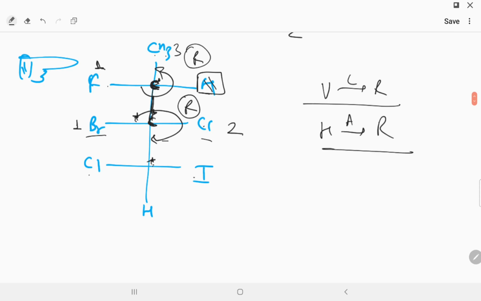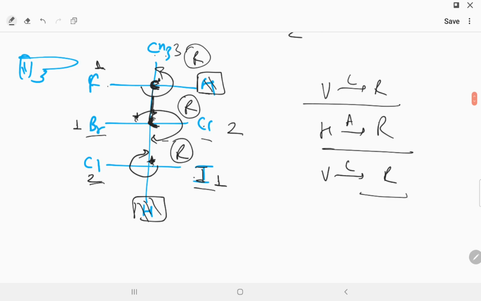Now we have to select the below chiral carbon. This is the least priority, least atomic number, we can also say that, the one with the lowest atomic number gets the least priority. Now here we have to find RS, so higher atomic mass gets number 1, then 2. This carbon is attached to the above, which is also a carbon, this is iodine. Iodine has the highest atomic mass, so it gets number 1, so 1 2 3 goes. When 1 2 3 goes, vertical clock means R, so this will also be R. I hope guys this is very clear to you. Thank you so much for the next video.